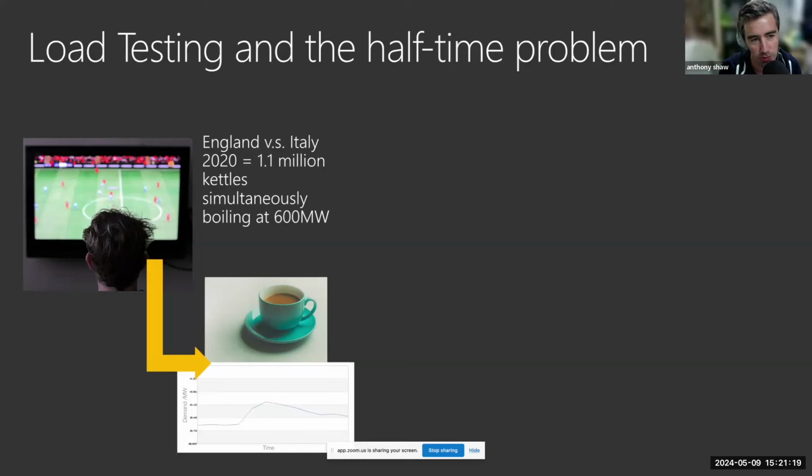Because they all made a cup of tea at half time during the game, they did it all more or less at the same time. This was in effect a load testing problem because you had a number of users, you had an amount of load, you had a ramp up time, and the designers and operators of the electricity grid had to figure out in advance how they would cope with this demand.